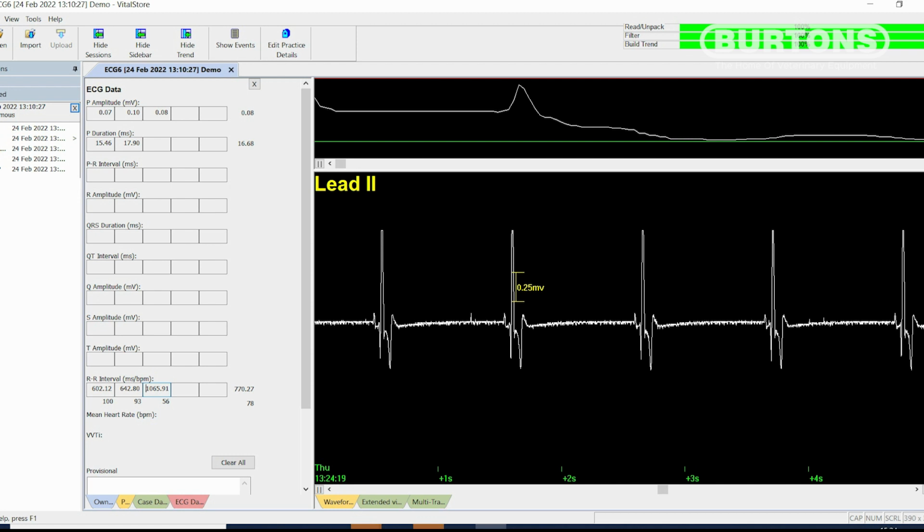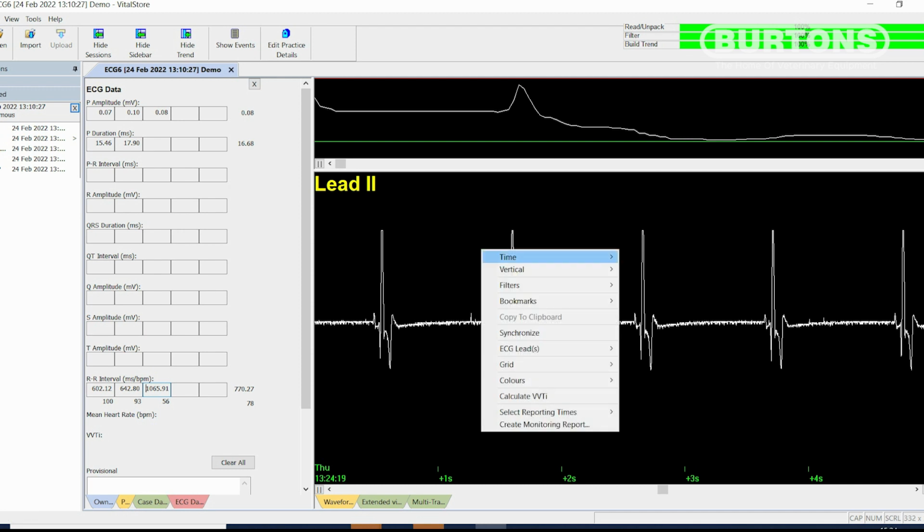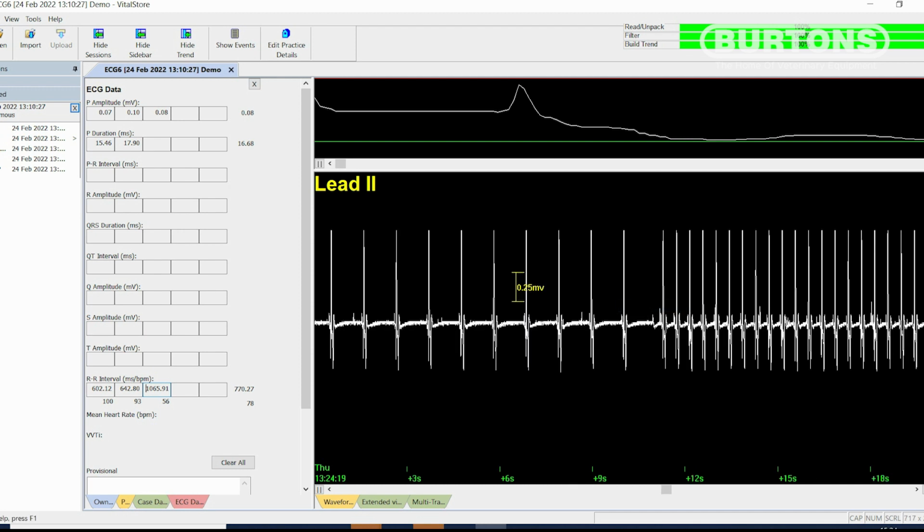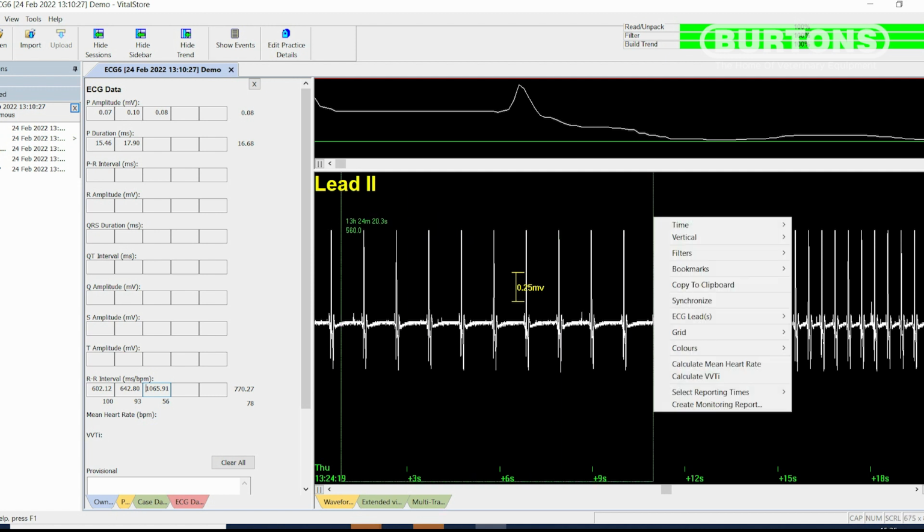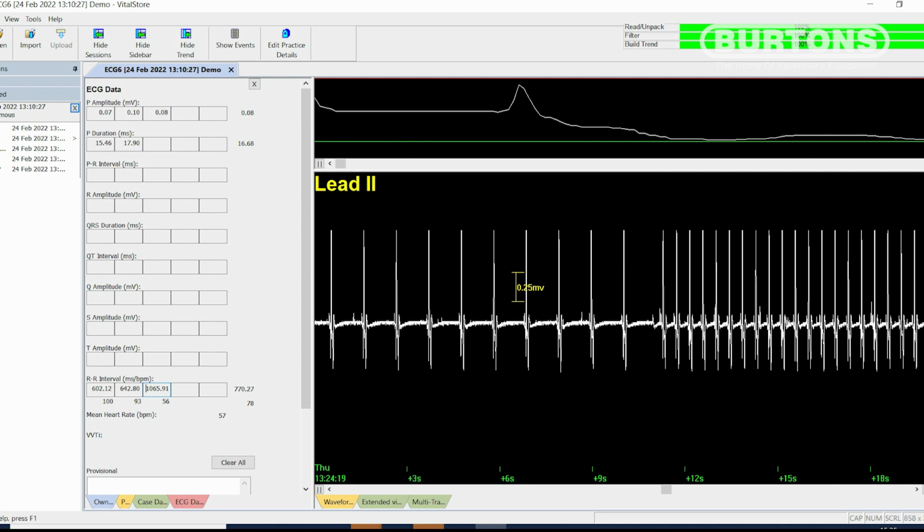the heart rate. Now what's interesting is that if we were to change the time to maybe 20 seconds, we can see that variability there, that change has gone from there, wide here, closer here. Let's say that we want to measure the average heart rate across this period here. I do that, click calculate mean heart rate, and there we are, the mean heart rate in that period is indeed 57. So over that period it averages 57, which is very close to the one we made at the